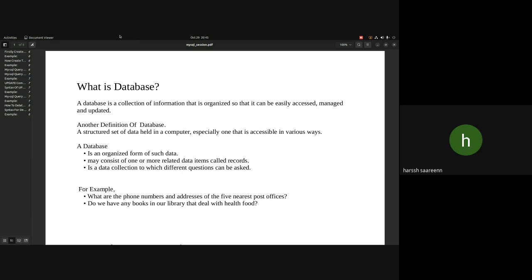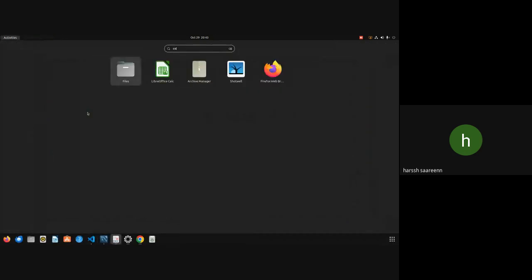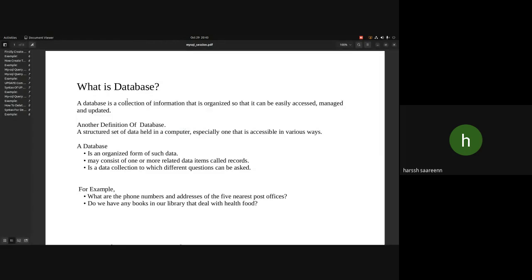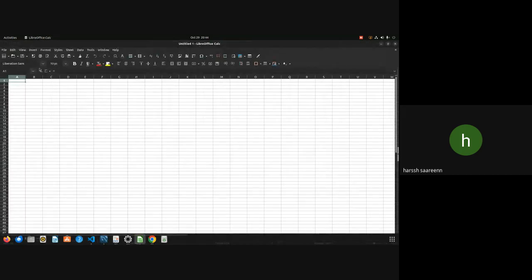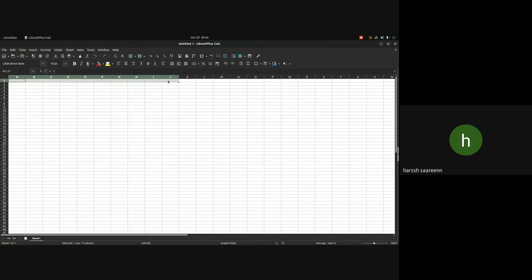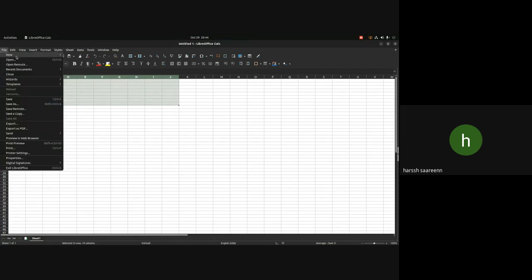It's a collection of information that is organized so that it can be easily accessed, managed, and updated. Just like Excel. Let me give you an example. Here's my Excel file. So like that, we have an Excel sheet. This is blank. Now, if we check it out with the recent one,